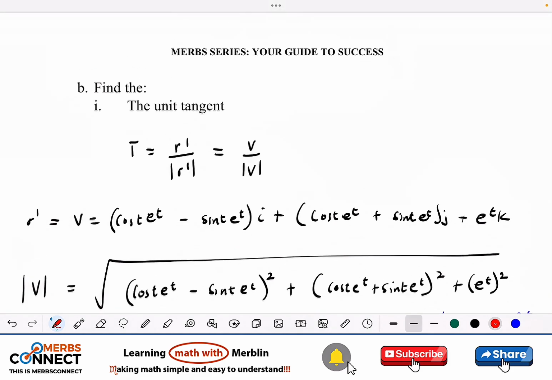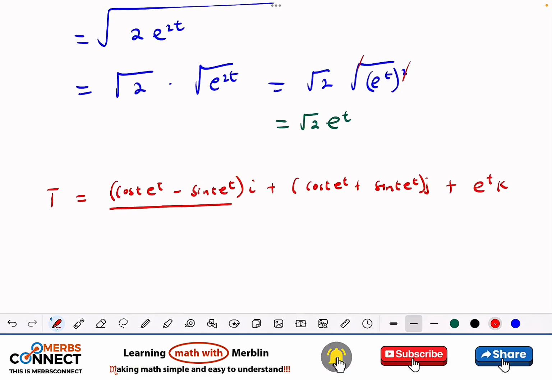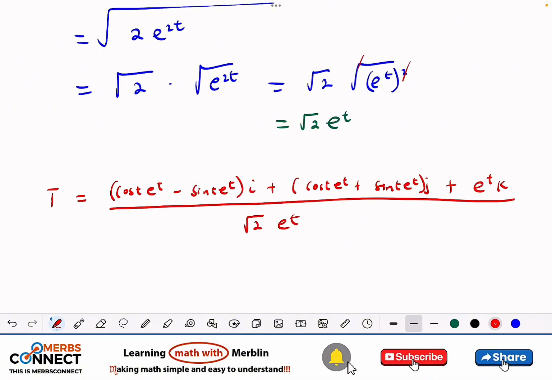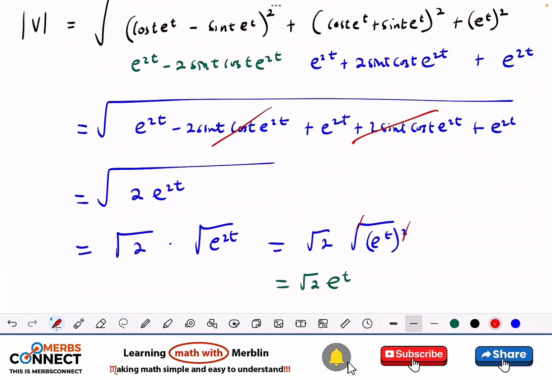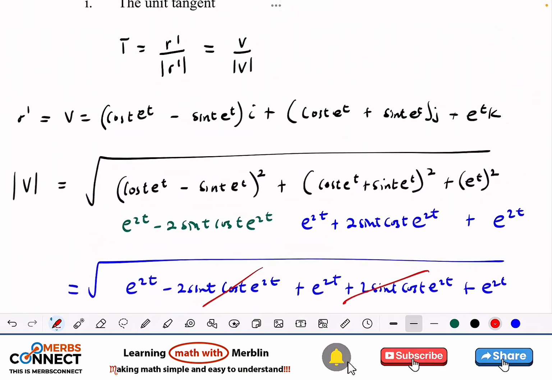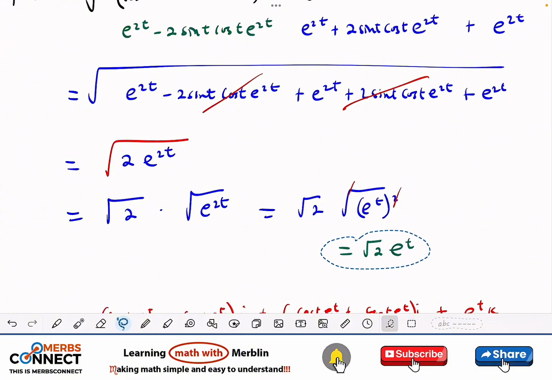Is that right? Yeah. Then we are going to divide all of this by square root of 2 e^t. But let's see something here. You see that we have e^t here, e^t, e^t throughout. So we can factor it out so that we can cancel. Because when you are dealing with this one, the best way to do this is to look at simplification. Cancellation should be able to cancel some of the terms so that